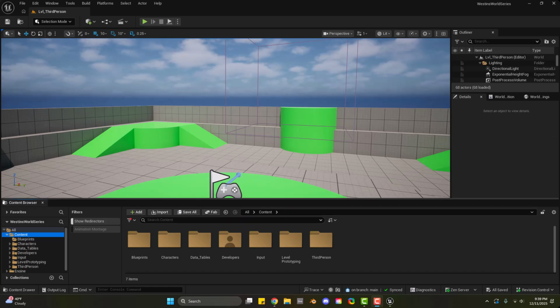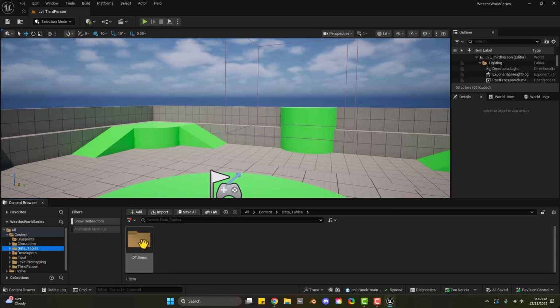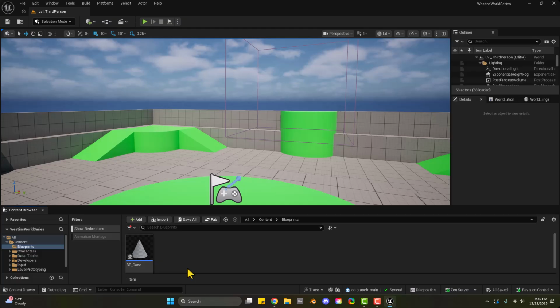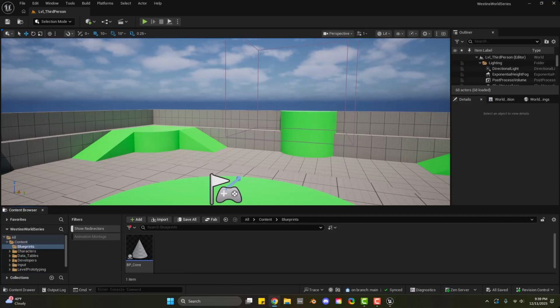Hey guys, in this video we're going to focus on data assets. In the last video we worked on data tables and we ran into a couple struggles, but that's fine. And again, with data assets I expect to run into some more struggles because I haven't used them in prior projects. I think it's something that we should really focus on in this project though. So we've set up our project, set up version control, we played with data tables. So let's get started with data assets, and like normal,